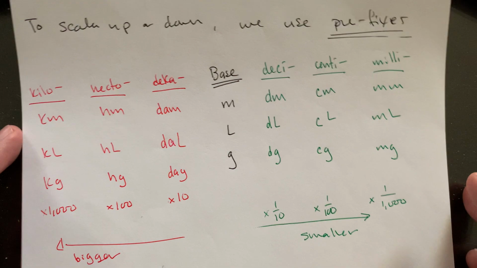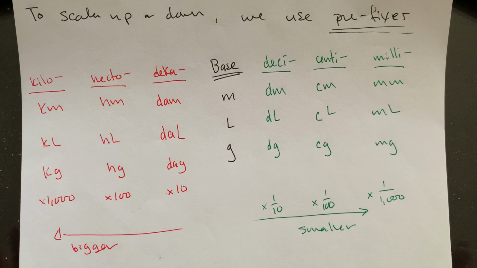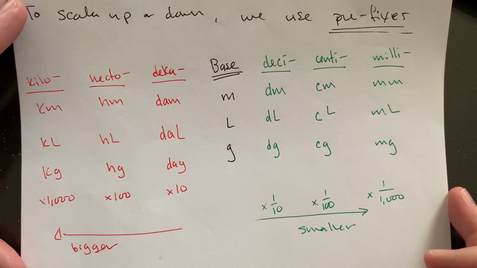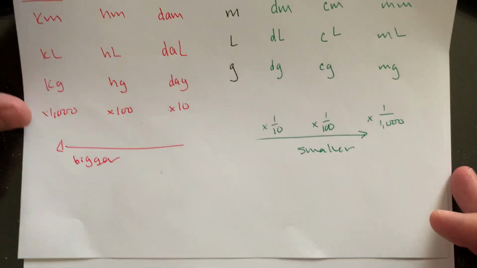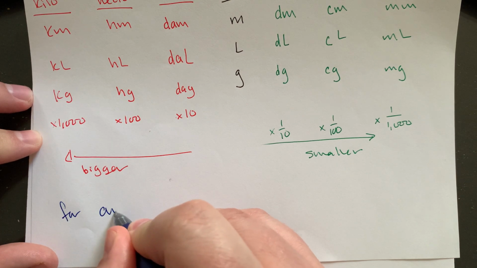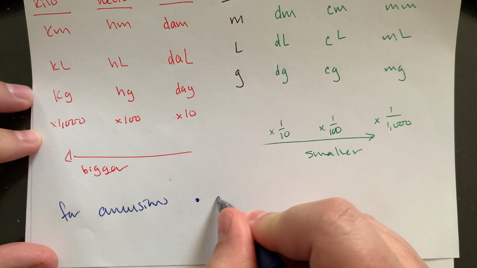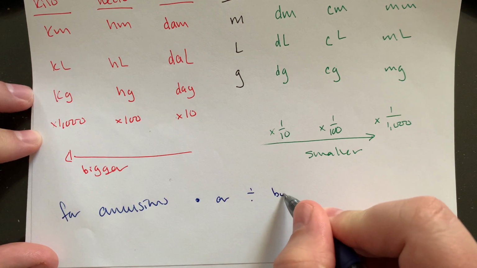That's the setup. I'm going to pause this video here. That's kind of the layout. So we're going to use that and then in the next video actually talk through doing some of these conversions. So how do we convert between these two? I guess what I'll say as a little bit of a lead in is, for our conversions, we're going to be multiplying or dividing